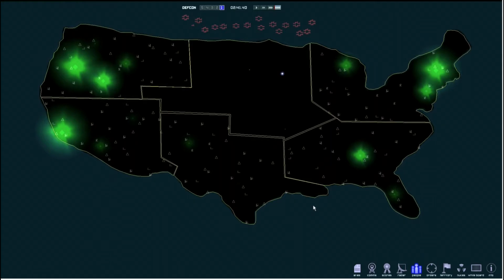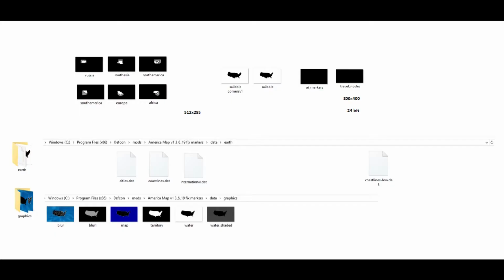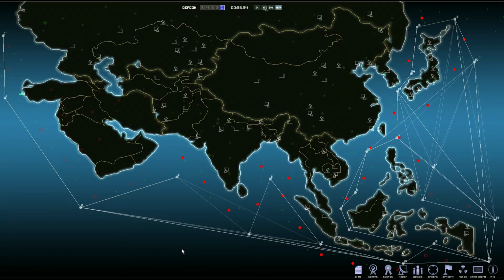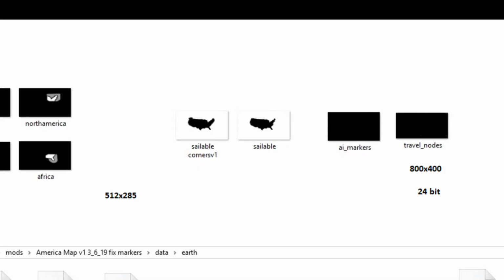So the travel nodes, the other problem with the travel nodes is they're an 800 by 400 image. All the other ones are 512 by 285. So you're trying to line up 22 nodes with lines that don't cross land in an image that's 800 high by 400 wide, with an image that's 512 high by 285 wide. And it's difficult to do